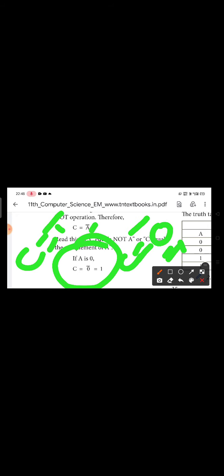Very easy. So in this also you should write all the points. C equal to not A, otherwise how do we write it, C equal to A bar. Okay, and if A is 0 means C equal to 0 bar, because A value is 0, so 0 bar, the answer is 1. Otherwise, suppose the A value is 1 means C equal to 1 bar, the output is 0. So likewise you should write.